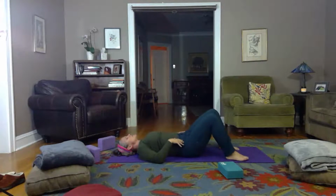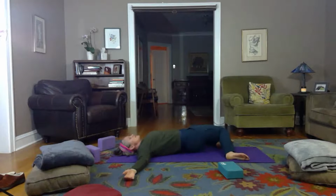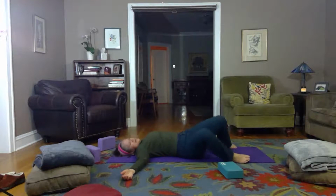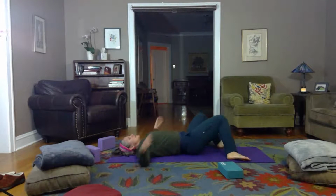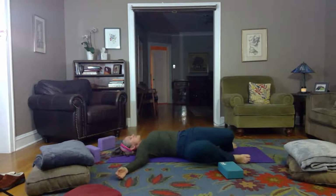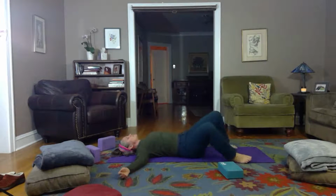And then let's take those feet as wide as our mat. Reach your arms out into a T. And again, let's make those palms out into great big stars, stretching the flesh in the center of your palms. And then rest the fullness of your hands, your arms into the floor as we gently tip our knees from side to side in a tick-tock motion, sensing that movement through your hips, sensing the softness in your belly,